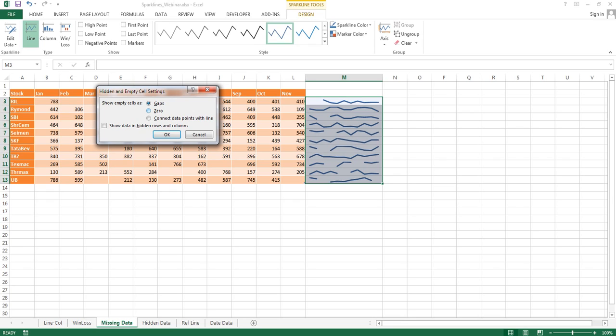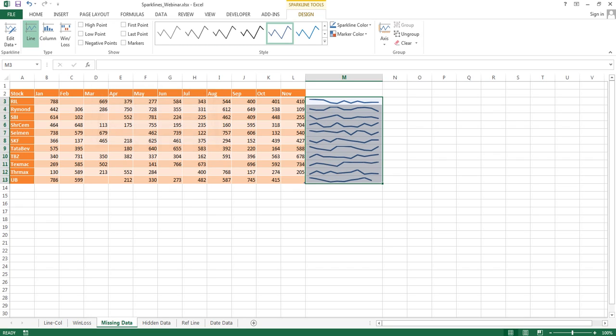However, please remember, when we are doing this trend analysis, we cannot assume it to be 0, because then the line is going to take a dip. All the lines are going to dip to 0 wherever the value is missing and come back again. That gives a wrong analysis to the other user. So what we are going to do is say connect data points with line. It is going to bypass those points and just connect whatever other values we have got. So we are going to do connect data points with line, click OK, and that's how it comes up. So this is a way of handling your missing data.